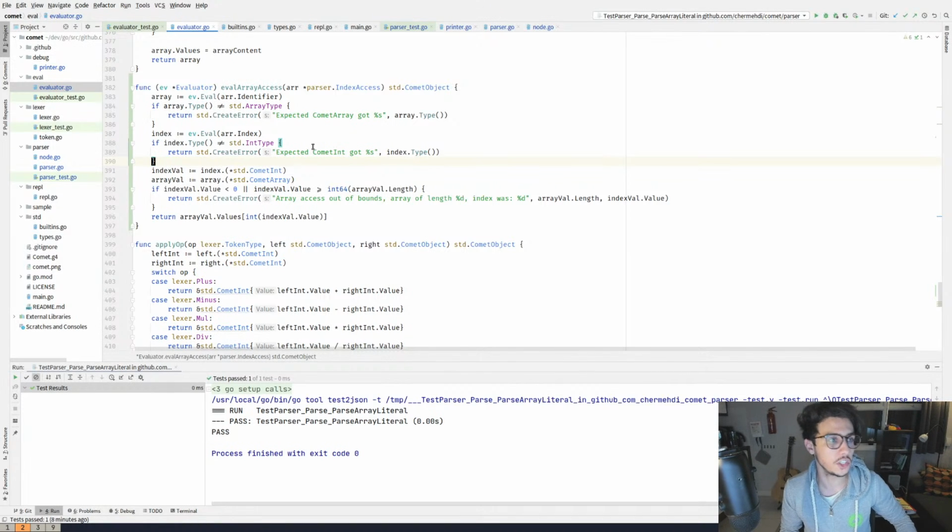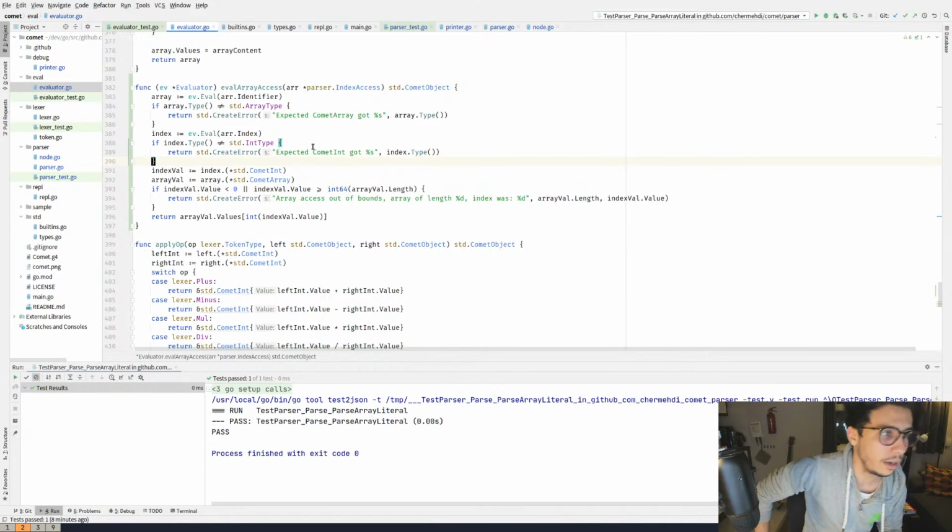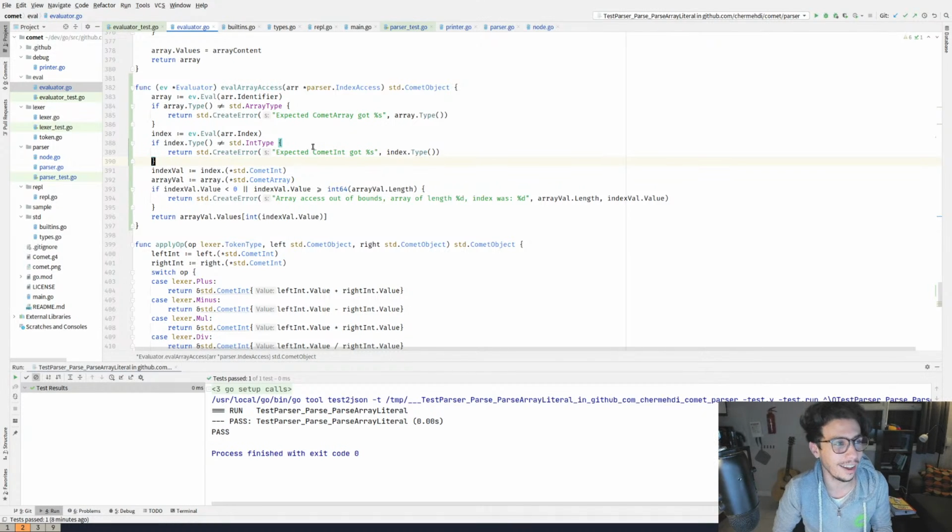Because we can give it a function that will return a comet object or a comet int or another type of object. And since we are in Go, and there is no inheritance, no hierarchical structure, so to say, we are bound to do it like this. I hope this answers your question.